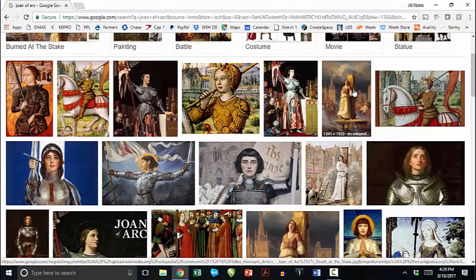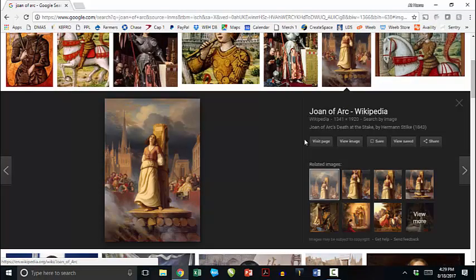Now, one thing you want to be aware of, these images will come up several times a lot of times in this list. This number down here on the bottom, this one says 1341-1920. What that says is that is a very high resolution image, which is good for doing what we want to do if we want to print those out. I'll click on that, and then there's an option here that says View Image. I want to click on that again,